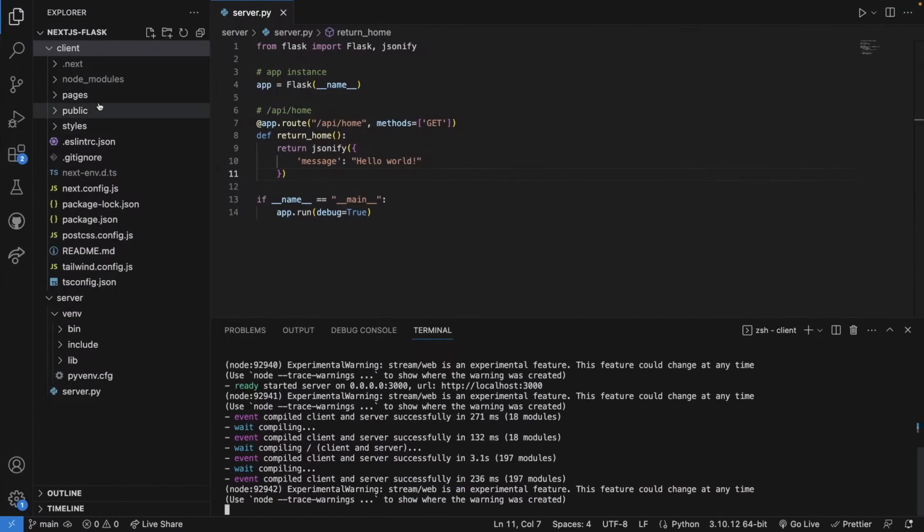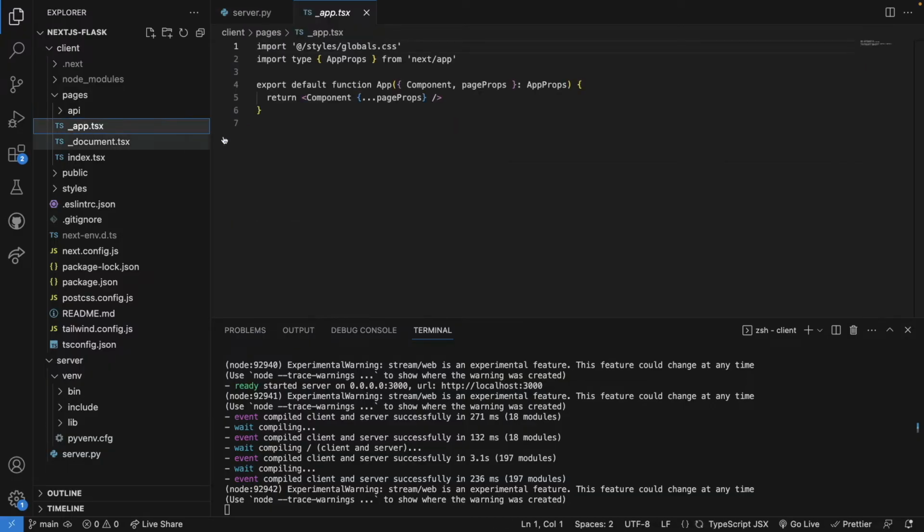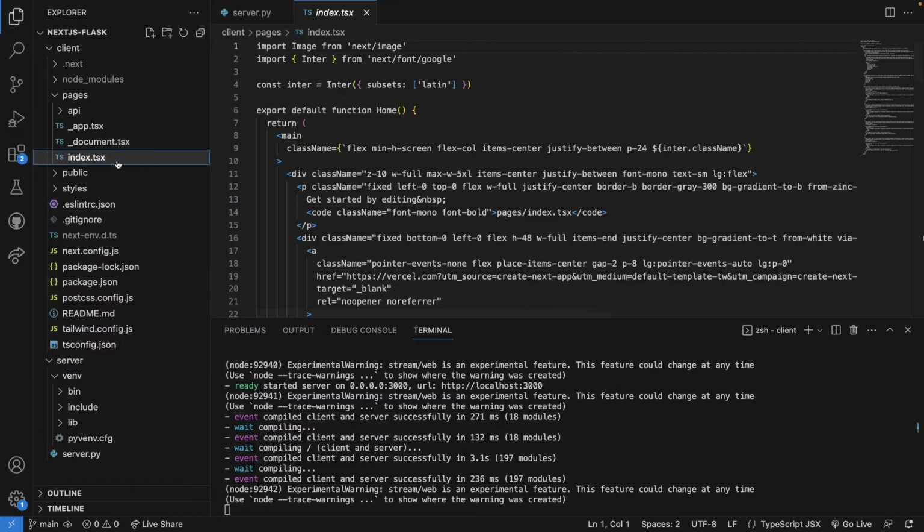So what I'm going to do is inside of client, I'm going to go into pages, okay? And in pages, we're going to have 3 files and 1 folder called api. For this video, we're not going to need to mess around with this api folder, so don't worry about this. For _app, this is just going to return our app, and then _document.tsx, this is just going to have all the setup stuff for Next.js. But the main file that we're going to be working with is index.tsx, and here, all I'm going to do